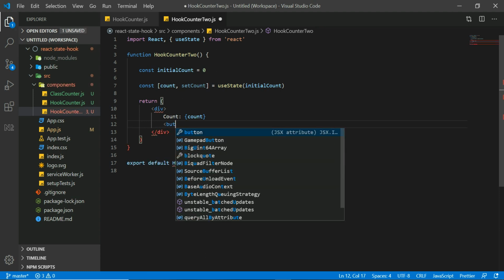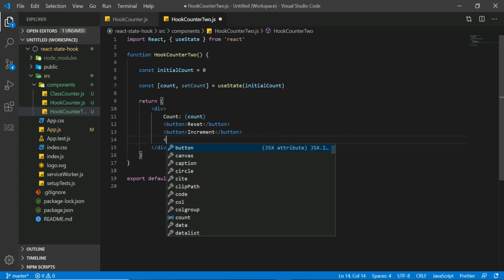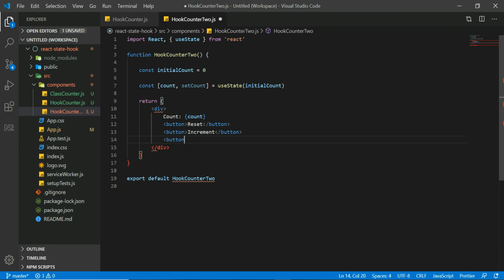So button reset, the second one is increment, third one is decrement.